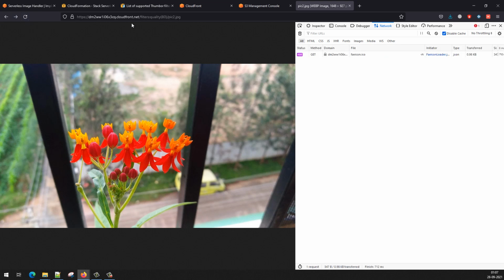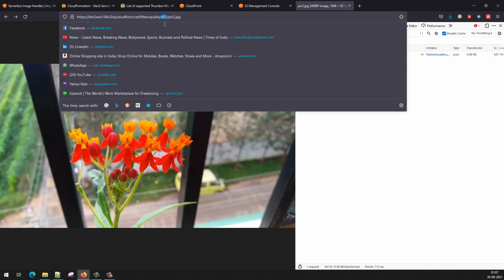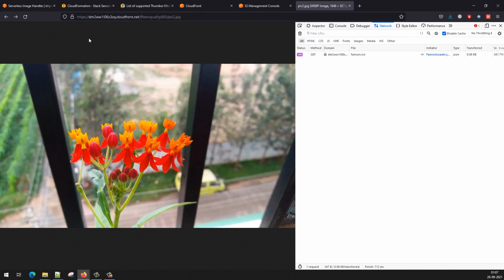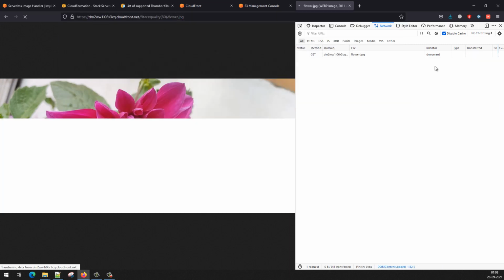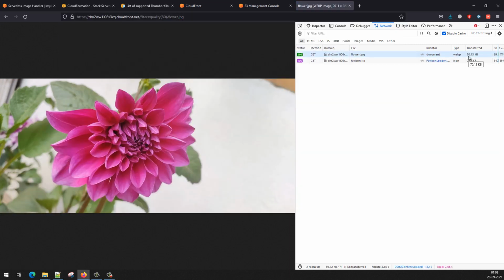Without losing the perspective, you can alter the quality to 80, 90, 70 depending upon what value you want, and you can do balanced optimizations. So for me, 80 looks good. Let's test another example of a flower pic. This flower pic is 164 KB. I'm just going to do the optimization on the fly. Now the same flower has become 70 KB in size. Huge reduction in the size without losing any quality.